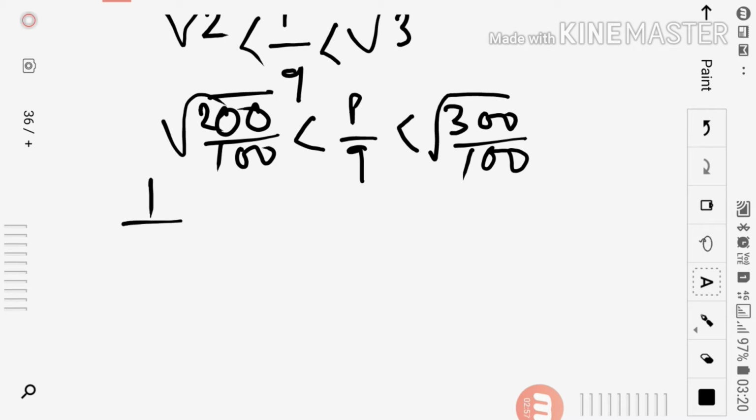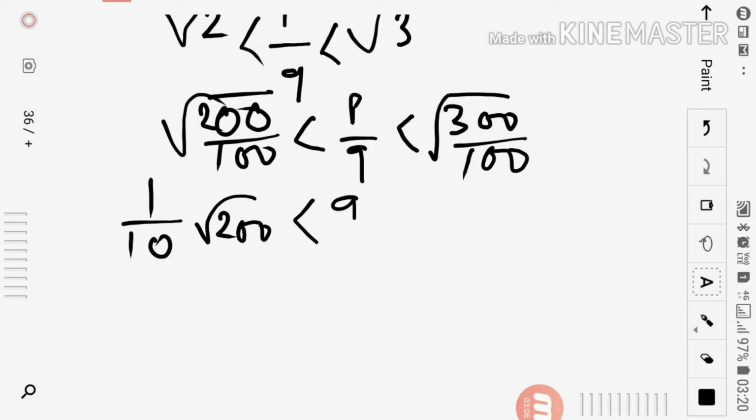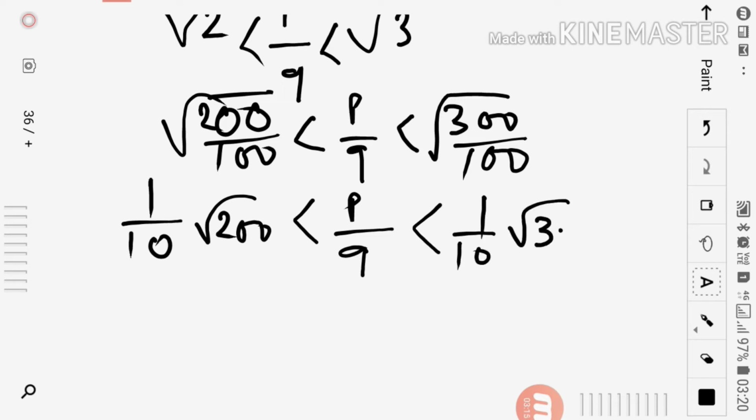So now it has become like this: 1 by 10 under root 200, and p by q, 1 by 10 under root 300. Now any whole square number between root 200 and root 300 will become a rational number, like root 225 by 10,